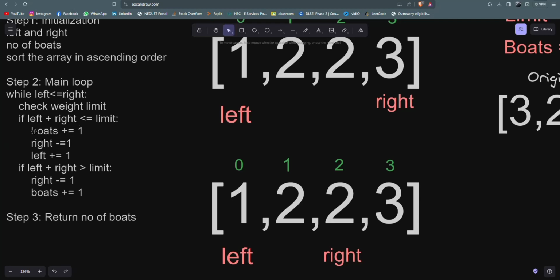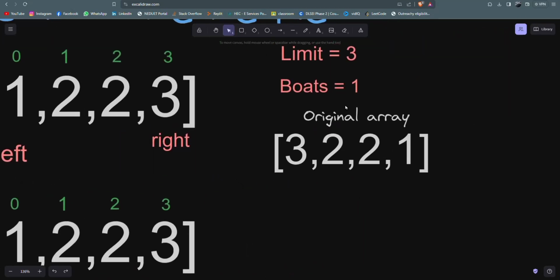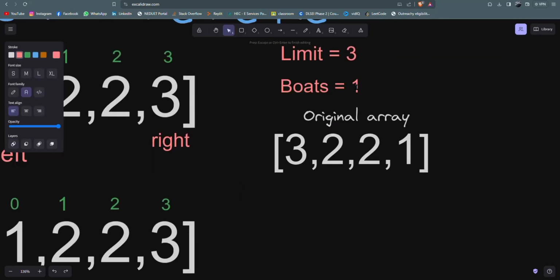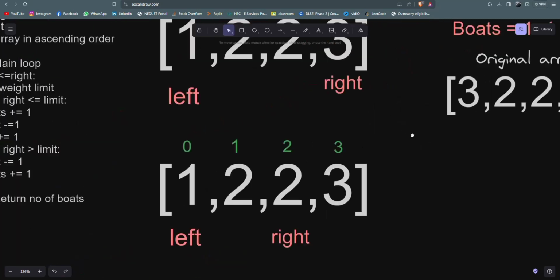Now in this case we have to initialize one boat. Yeah, so 1 plus 2 is 3. Okay, so for these two persons we have another boat. So this is the 1. We will add just 1 into this boat count. Now next,